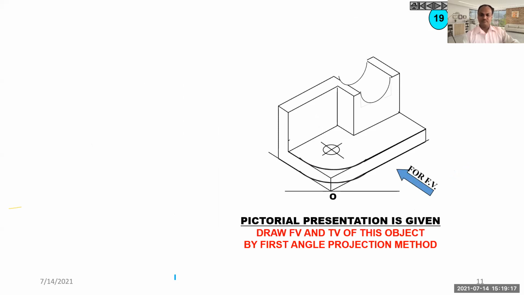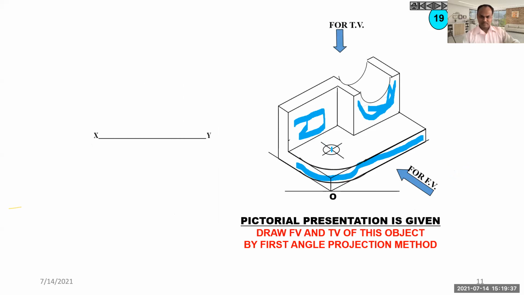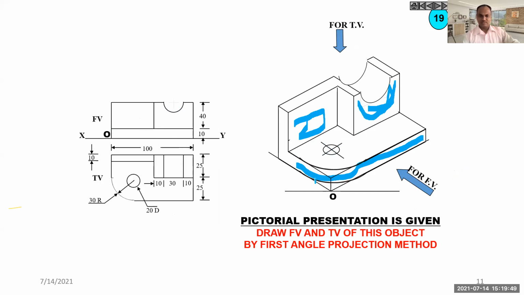Now here, from the front view side, you can imagine that there will be this rectangular portion, this larger rectangular portion. This semicircular portion will be visible, and as a hole has been shown here, the hole will be in dotted line. So we'll see how the front view is drawn: this larger rectangle, this semicircular portion, and the hole. Okay, they have missed the hole, but there you should draw a dotted line, a center line, and two small dotted lines.